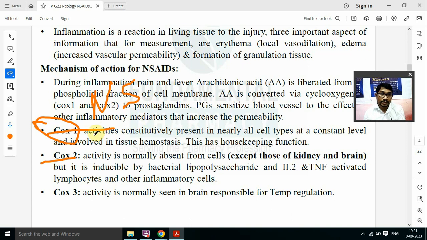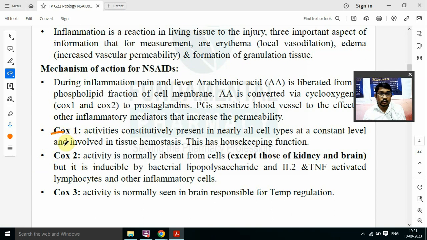And that's why COX-1 तो क्या है? अपने काम का है. It has a housekeeping function. It is a physiological enzyme. ये काम का है तो इसको inhibit किया तो क्या होगा? And that's why most of the traditional NSAIDs, they have adverse effects. That's why selective COX-2 inhibition. COX-2 is there in case of inflammation. इसका activity कब बढ़ता है? Inflammation में बढ़ता है. तो इसको inhibit किया तो that is beneficial. That's why selective COX-2 inhibitors, they are more useful in pain and inflammation, but they also have certain adverse effects. Okay. Are you getting or not?